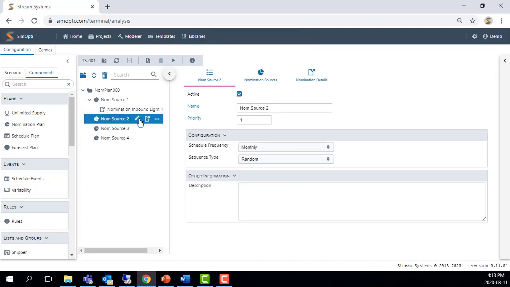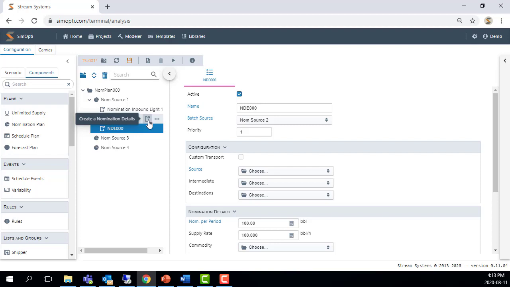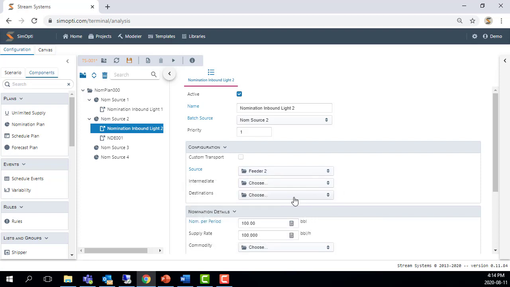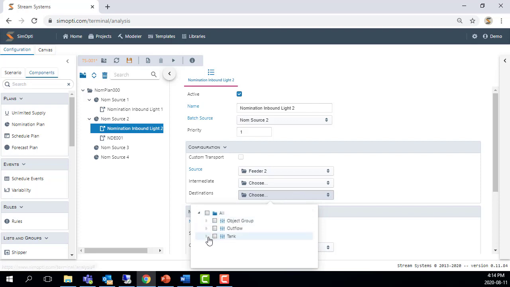For nomination source 2, we will have 2 nomination details within it. So for this nomination detail, we will call it nomination inbound light 2. The source will be feeder 2, destination tank 2,